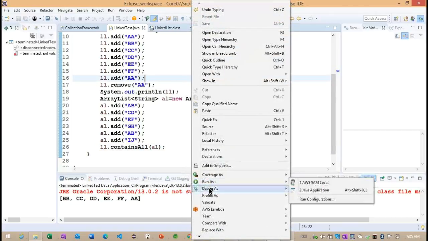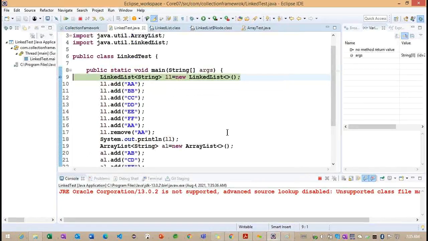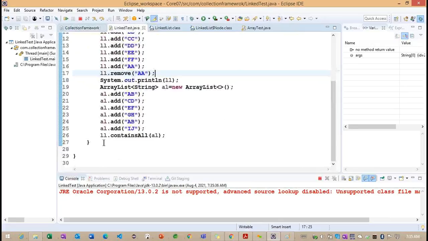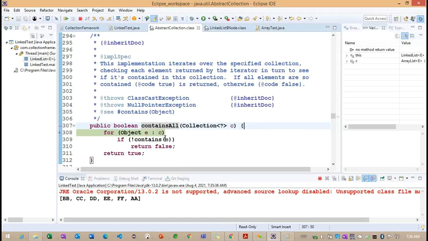Okay, so we'll see how the containsAll method is going to work. So click on line number 26, and I'm moving inside this. Now simple, this particular containsAll is implemented in our AbstractCollection, not in the LinkedList, so we don't need to check one more time here.